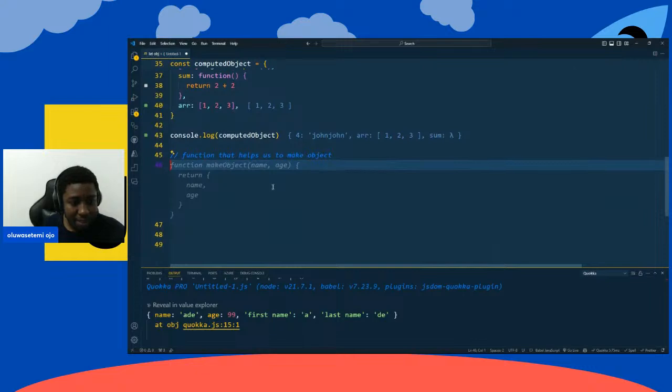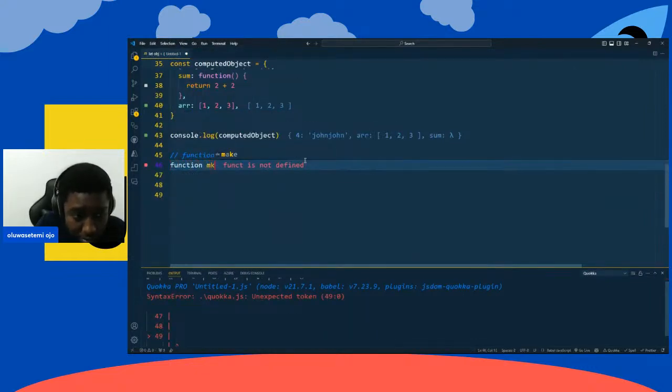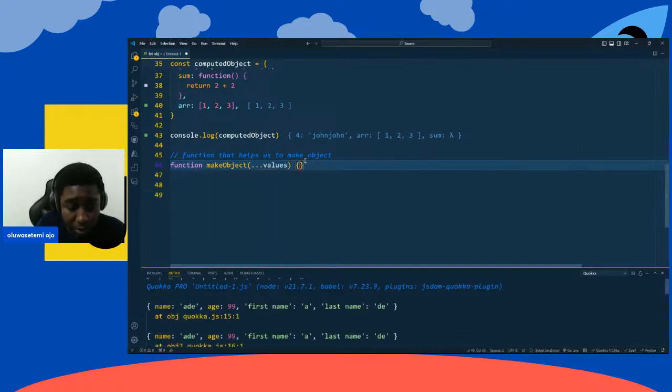My copilot is listening to what I'm doing. And you can pass it values, right? You can pass values, and we want to